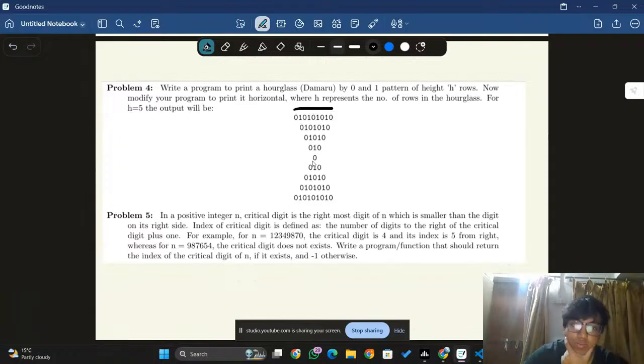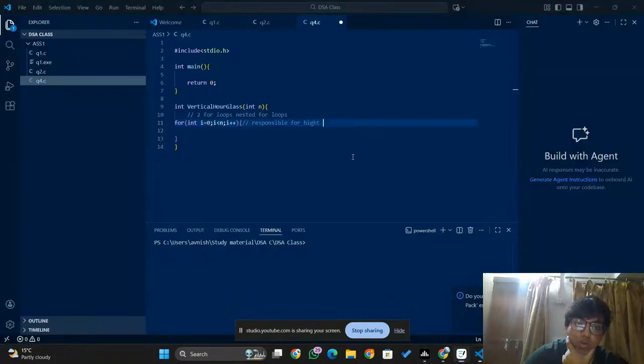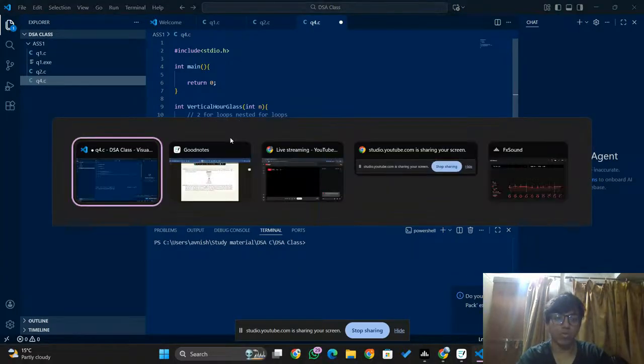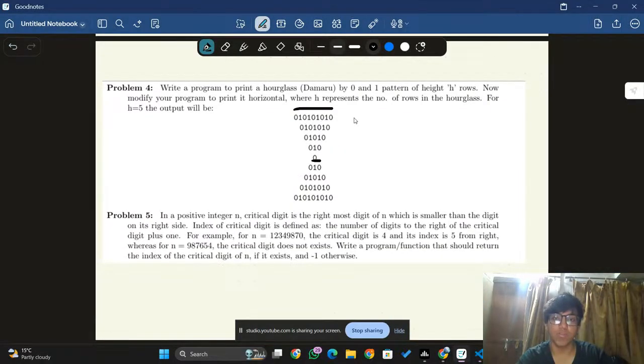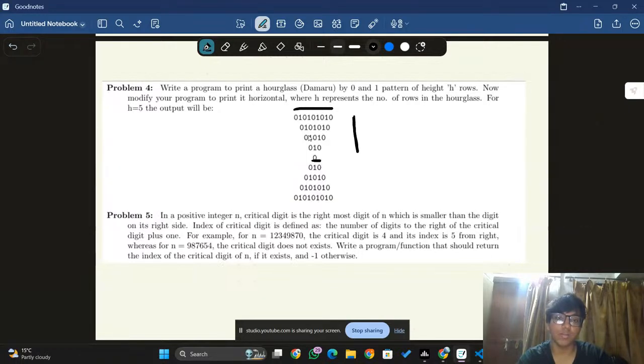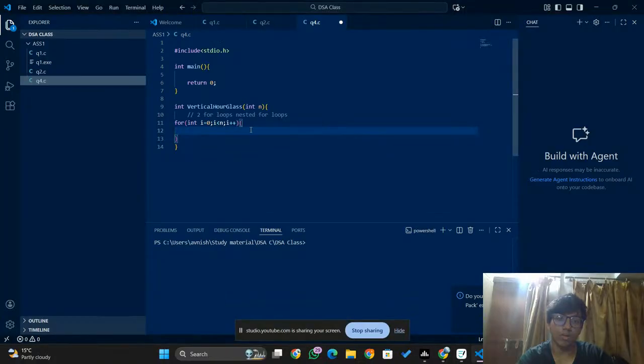So how can we do something like this? We can do this. Let's remove this comment. This doesn't make any sense. We will create two nested for loops inside each other. So for int i equals 0, i less than n, which is showing. Let's just say that I want to print it till